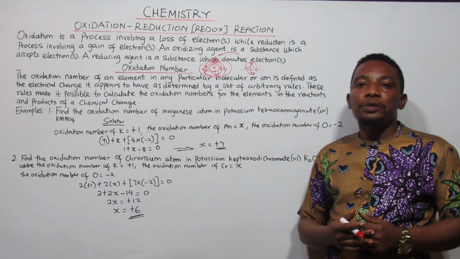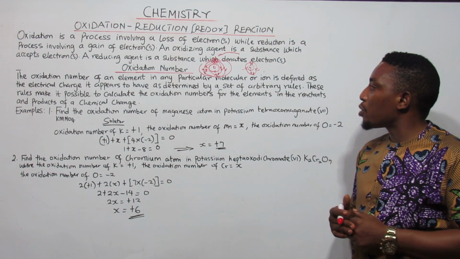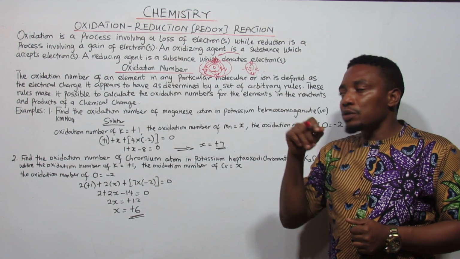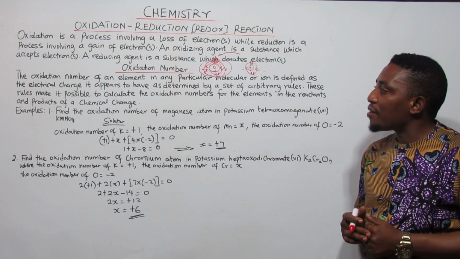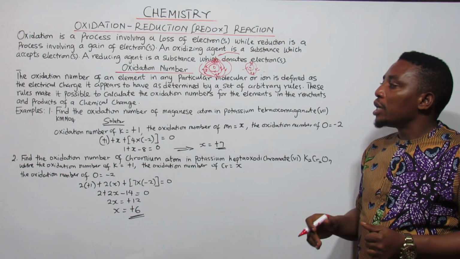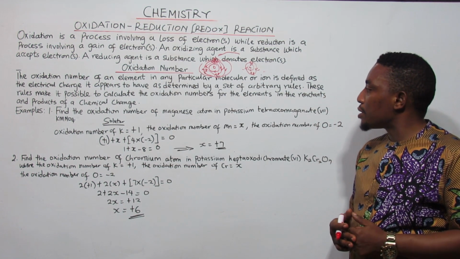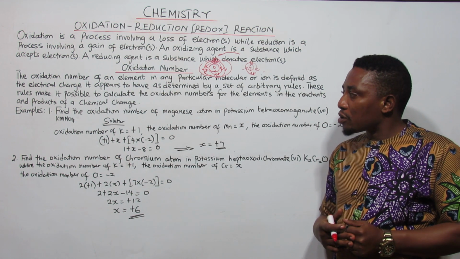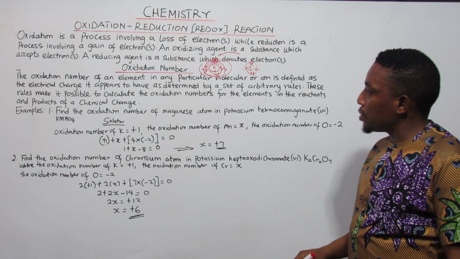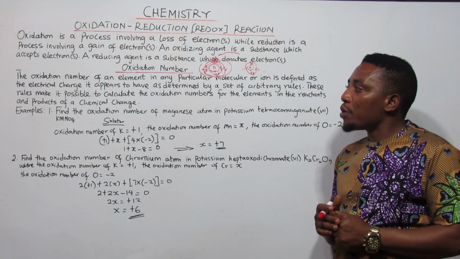Now we move to oxidation number. We say that oxidation number of an element in any particular molecule or ion is defined as the electrical charge it appears to have, as determined by a set of arbitrary rules. These rules make it possible to calculate the oxidation number for the element in a reactant and product of a chemical change. So in oxidation we have a stipulated rule we use to